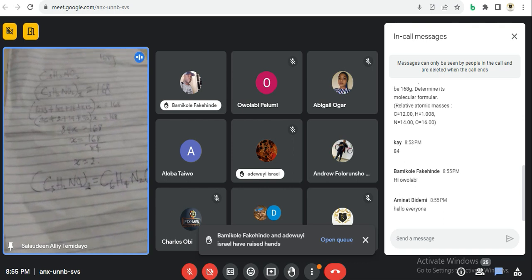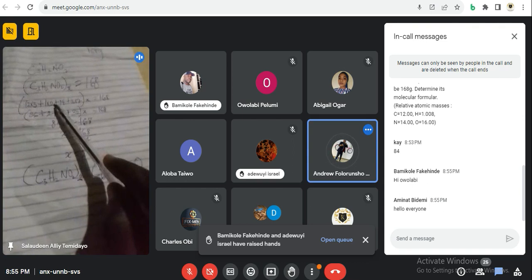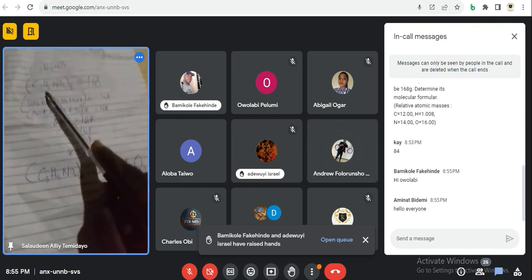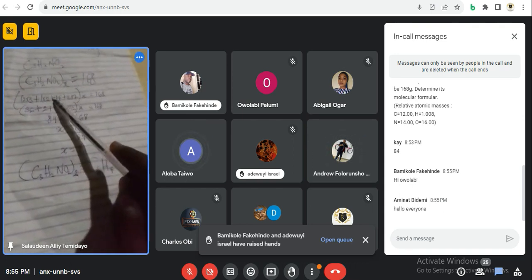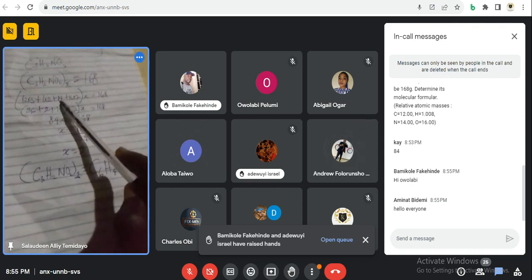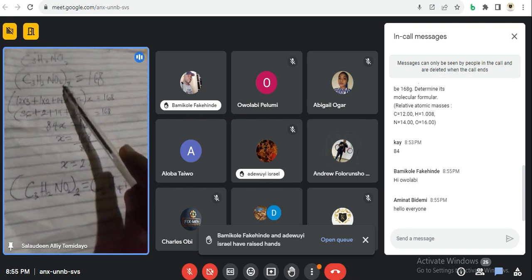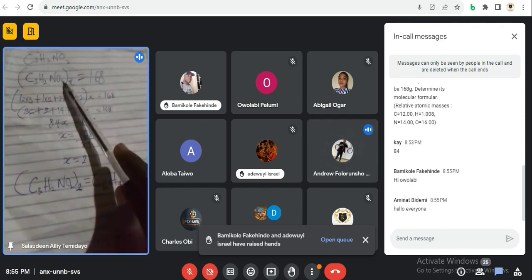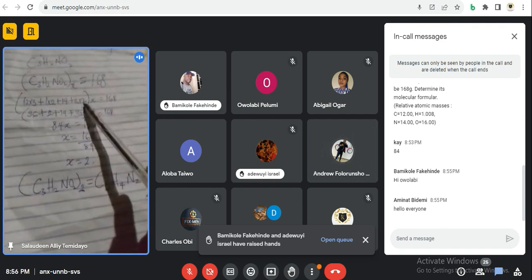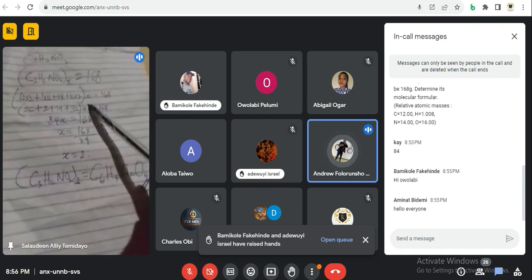So that is 12 times 3. Plus H2 means we have 2 atoms of hydrogen here. That is 1 times 2, plus nitrogen has the mass number of 14, plus oxygen has the mass number of 16, and we have 2 oxygens here. That is 16 times 2, all enclosed in this bracket multiplied by x